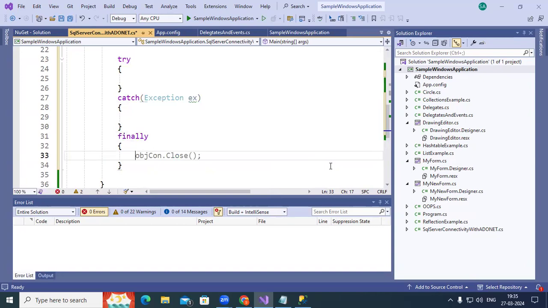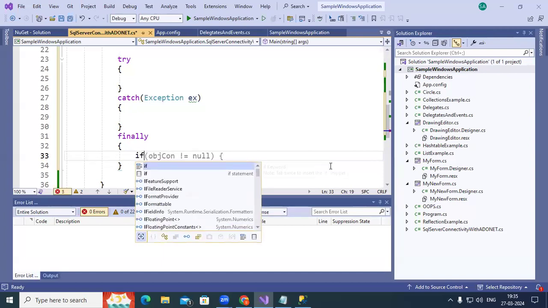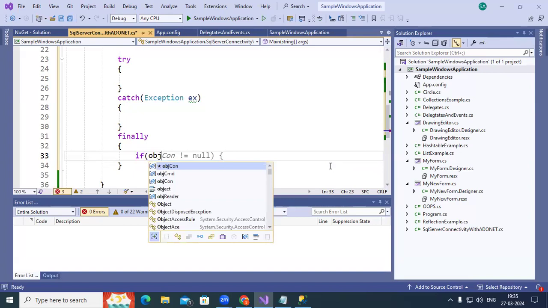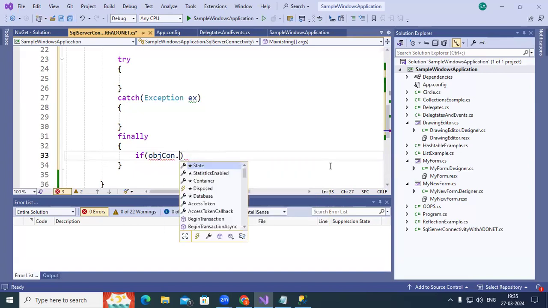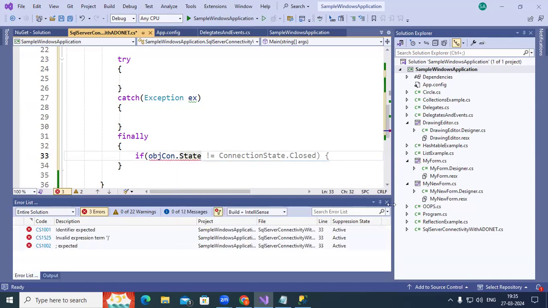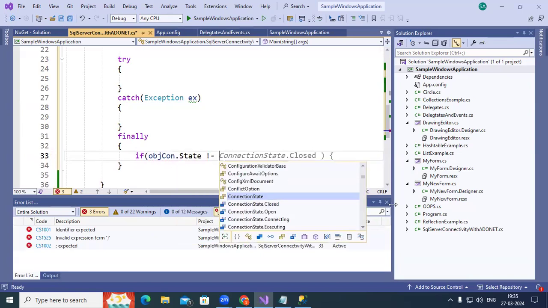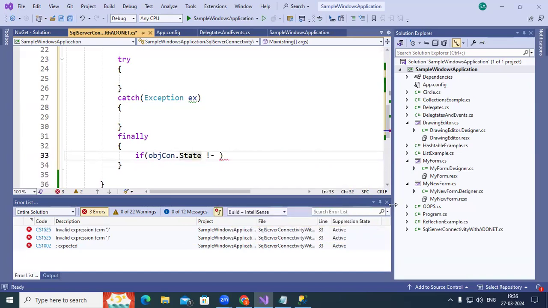Whatever cleanup operation we want to do, we can do in the finally block. So just type here: if object con dot state